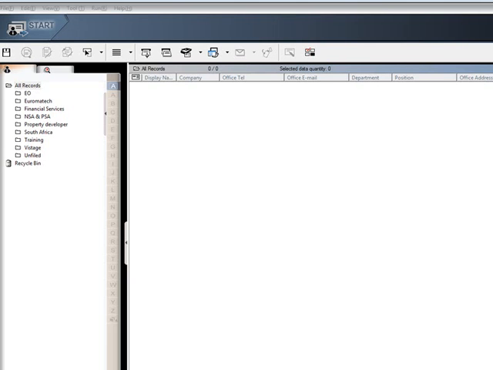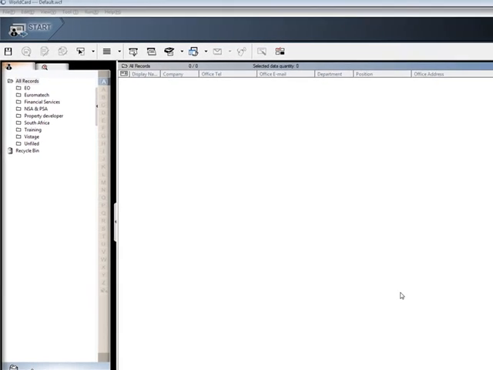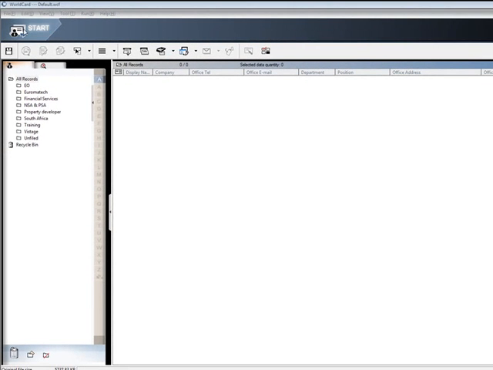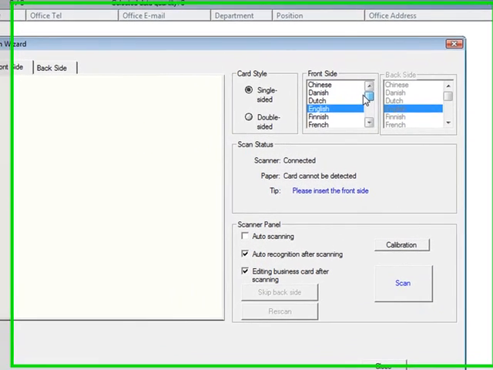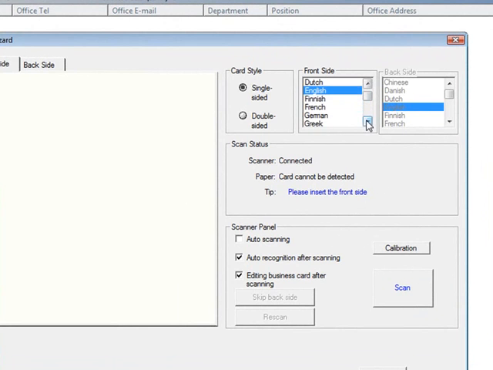Right now we're with the Pen Power card scan, the world card, and let's have a look at what happens when we want to scan a card. So firstly I'm going to hit the start button, and over here you can see there's a whole lot of different languages you can put in, because as you can imagine, if you've got some umlauts, you've got the German you can put in. If you've got Dutch, they've all got very different things, so I'm just going to choose English over there. You can choose single or double-sided, so I'm going to choose double-sided because I've got a double-sided